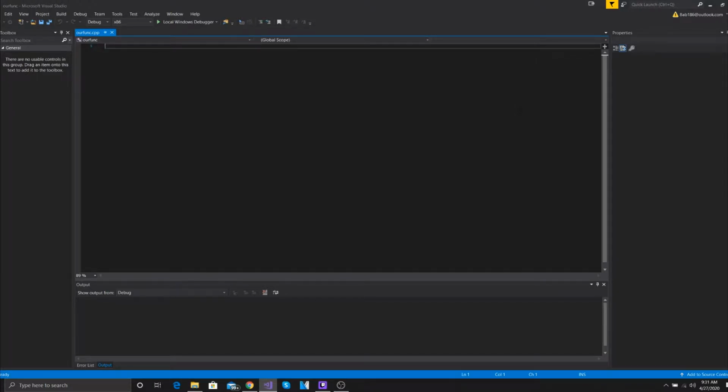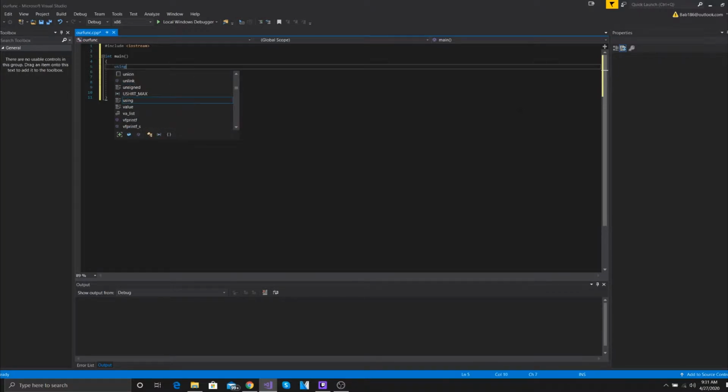So I have an idea. What we're going to do, like always, is a #include iostream, and that's all that we're really going to need for now. We're going to do our int main, and then return 0. Now we set up as usual using namespace std, and